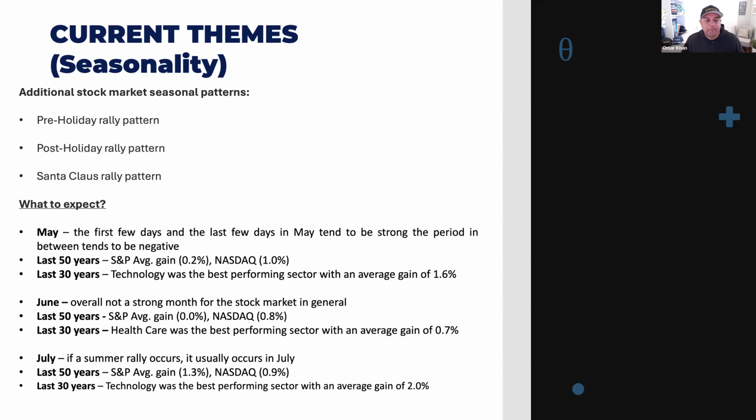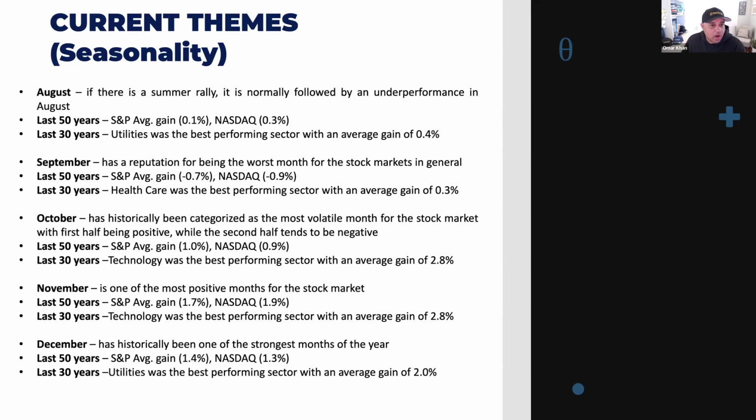July, that tends to be the best month in the summer. So although the summer months are not the best, July happens to be the best. As you can see, the S&P 1.3, NASDAQ 0.9%. And technology, again, best performing sector. Now, going into August,